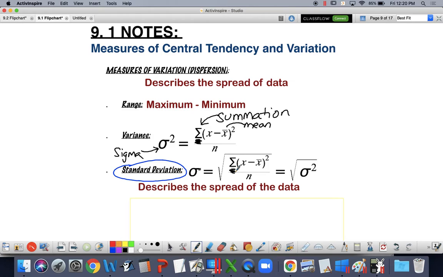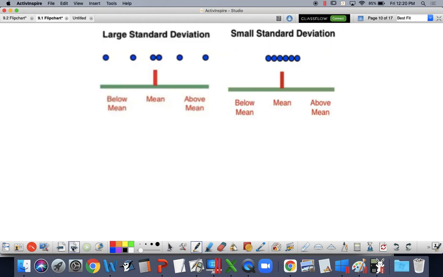Everybody got those down? Okay, let's look at our data set. First, I wanted to show you this picture, because sometimes students will say, what do you mean by spread? This is going to have a much larger standard deviation than this, right? This data is really spread out. This data is all clustered around the mean. And that's why it's another important data point for us to know so that we can analyze data sets.